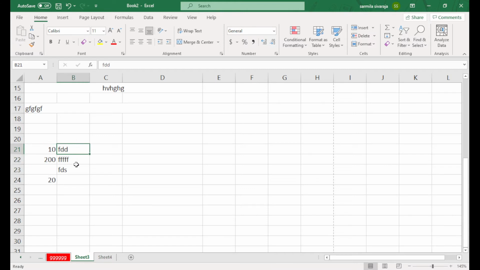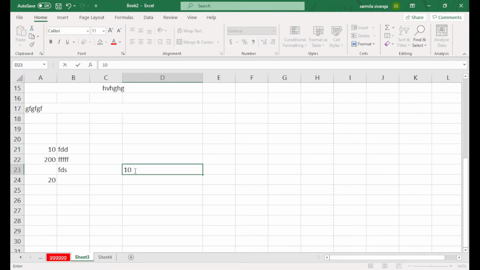We can't do any arithmetic operations or use any function with text. That's why it comes to the left side. When you mix both, for example, I type 10a, it comes to the left side. So it means we can't use any function for these cells. That's also one of the meanings of this option.